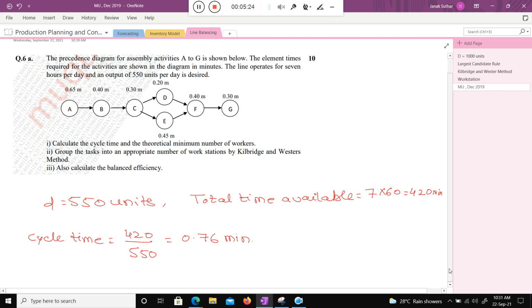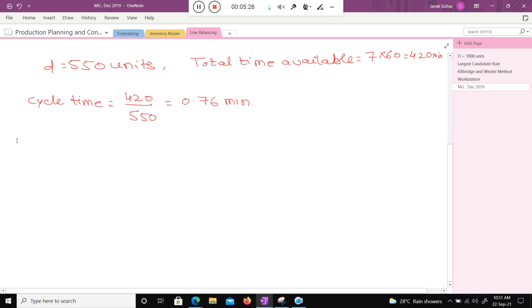There is one simple way to find the theoretical minimum number of workers.